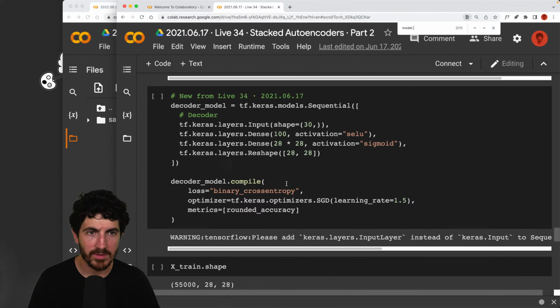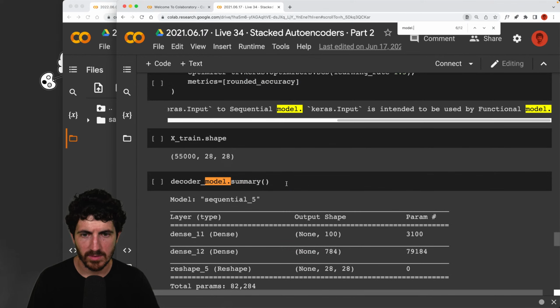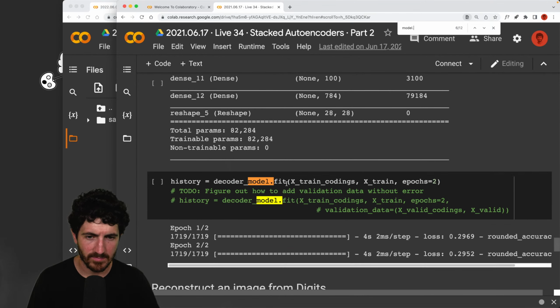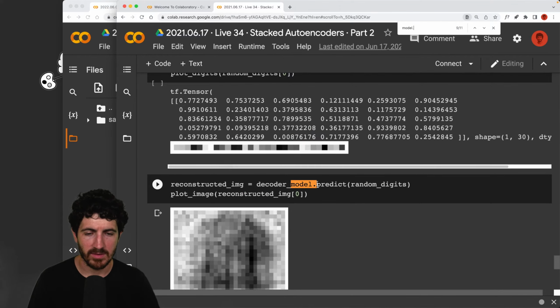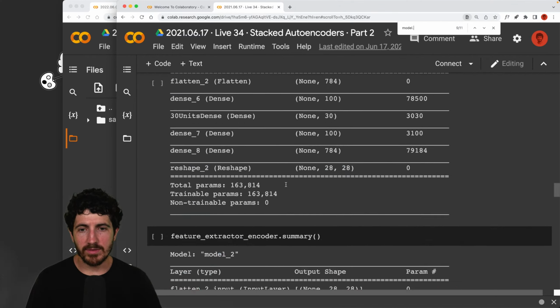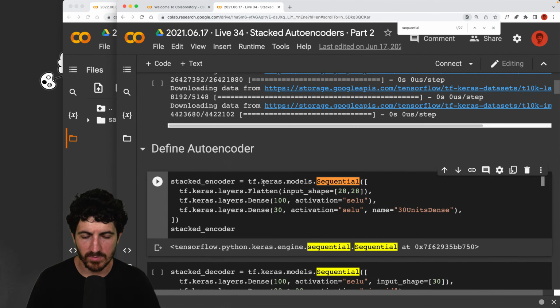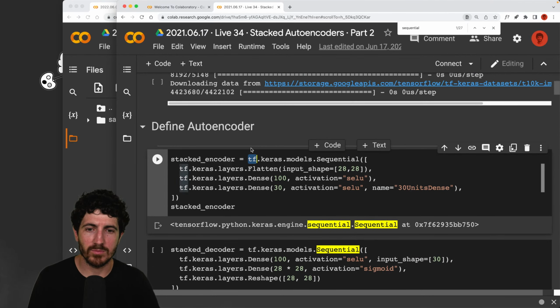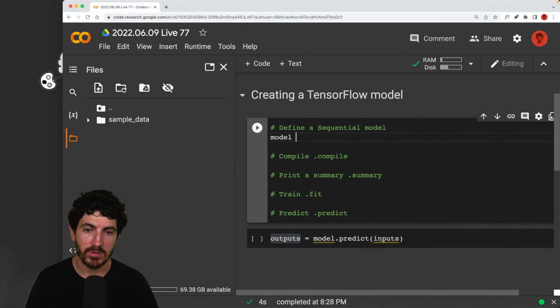Model.compile, summary, fit, and predict. All right, so here we can see that we've imported with TensorFlow, and we're just doing tensorflow.keras.models.Sequential, and that would be define a model. So our model is going to be,